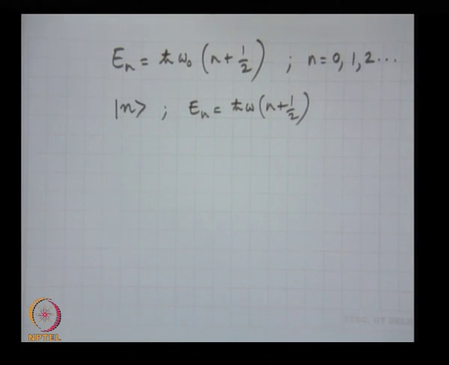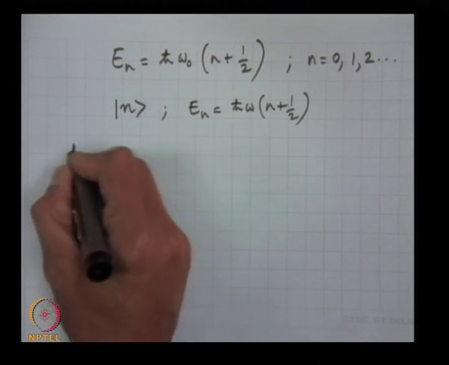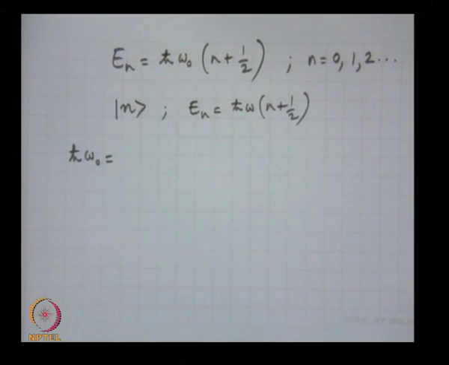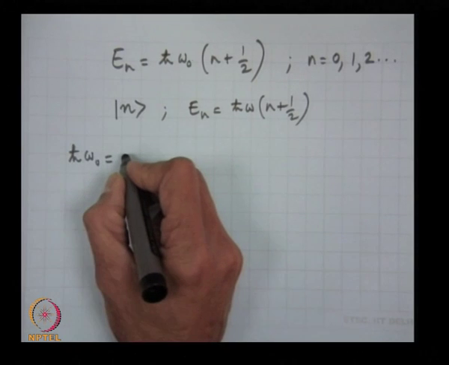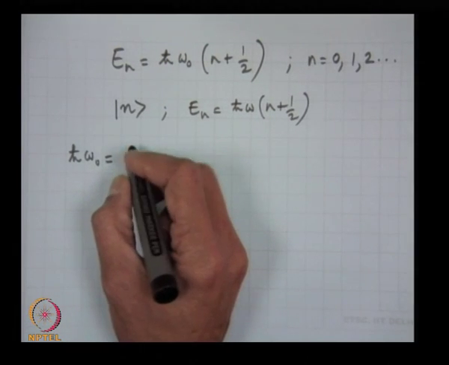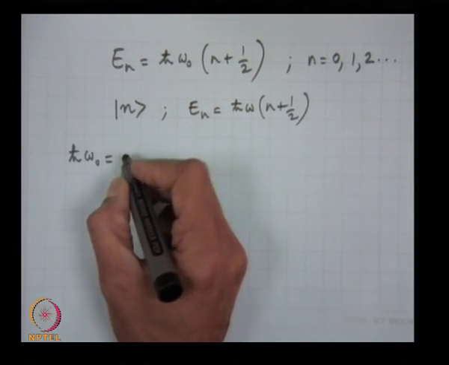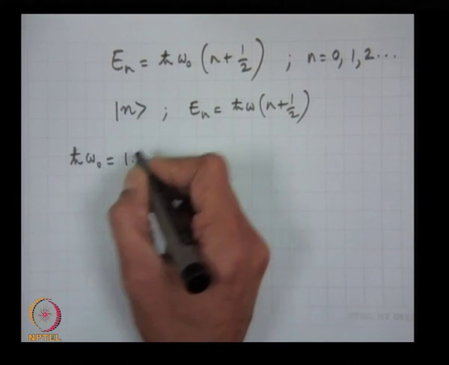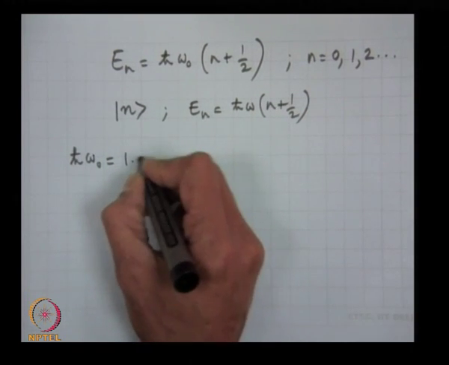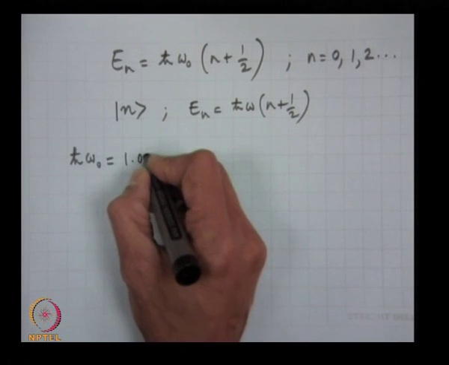Now let me calculate what is the quantum of energy in this. What this means is that the LC circuit can have only energies which are differenced by ħω₀: half ħω₀, 3 by 2 ħω₀, 5 by 2 ħω₀, etc. So what is the value of ħω₀? Let me calculate. What is the value of ħ? ħ, not h. About 1.05 or something. So let me assume 1.05 times 10 to the minus